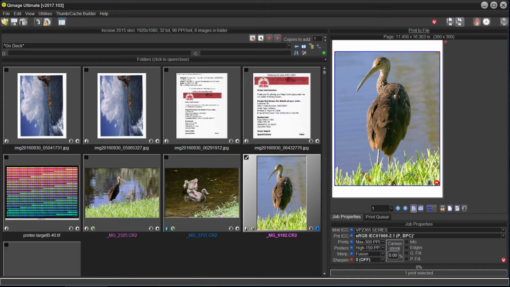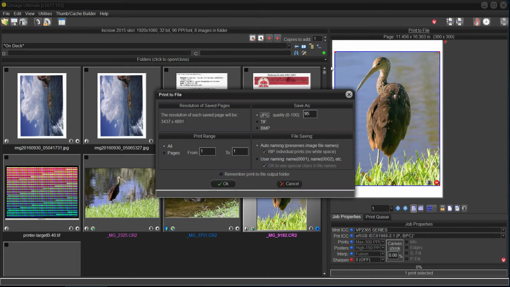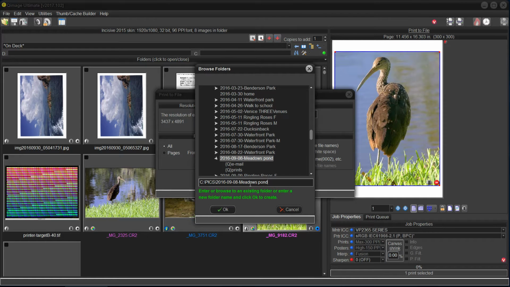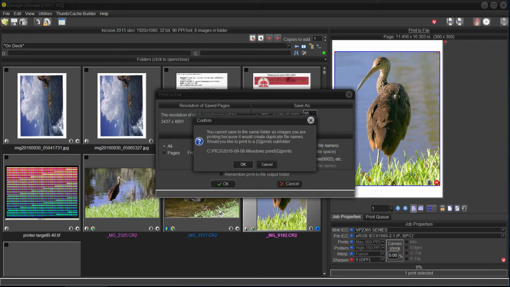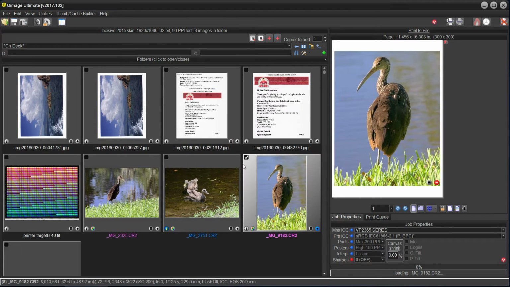Now we go to the print button and we say, what do we want? We want a JPEG, a TIFF. Well, that's up to you. But make sure there's a check mark in the RIP box here, okay? And that'll take away all the unnecessary white paper and just say print. And this is telling you where it's going to put it. And this is saying, well, I'm going to put it in something called QPrints. All right, that's fine with me.